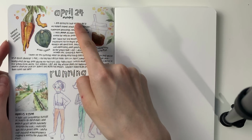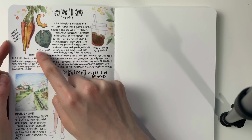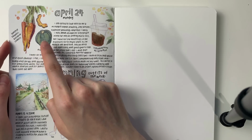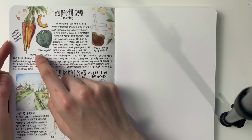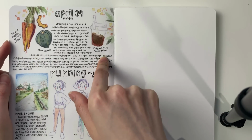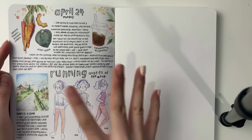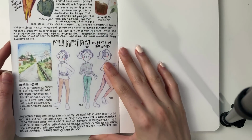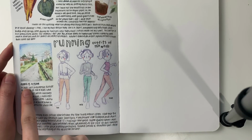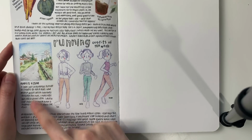So on Monday, I bought some veggies, which I was very excited about, some rainbow carrots, and my first ever acorn squash, and it was delicious. And then I also got an Americano with cinnamon. And so yeah, this was done with watercolor. I just wrote a little journal entry. And then the next day on the 25th, I did a little sketch with colored pencil of this area that